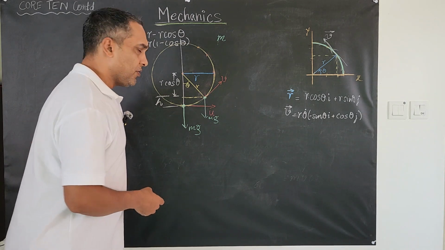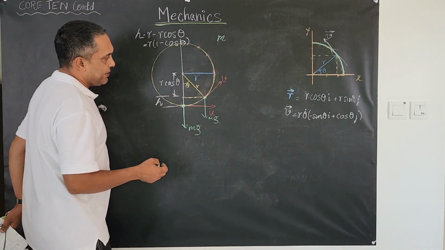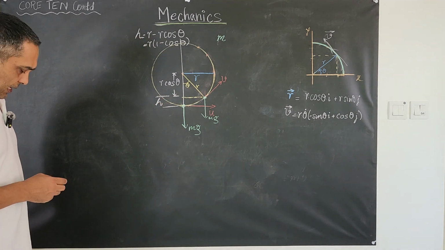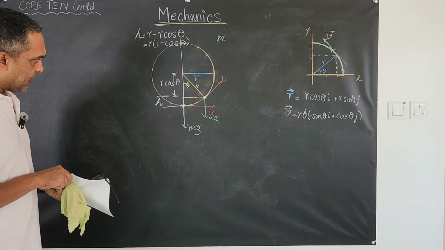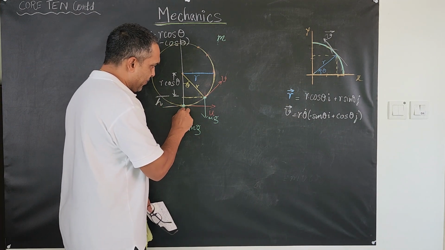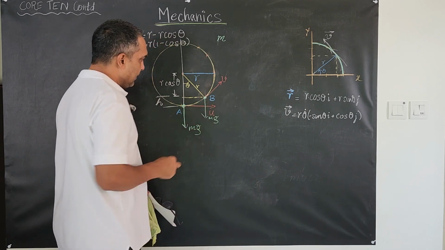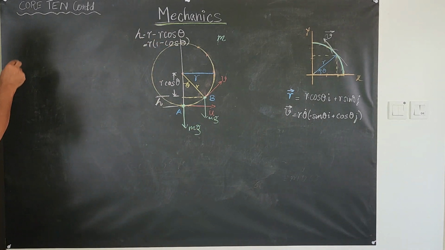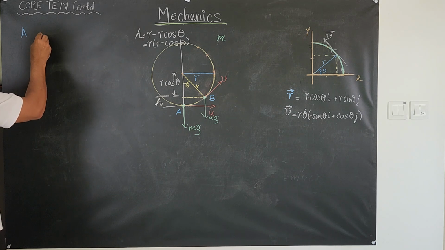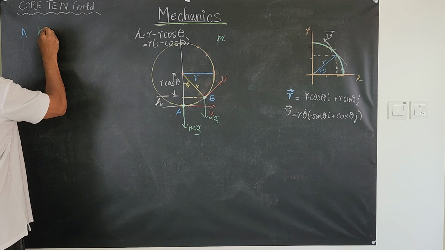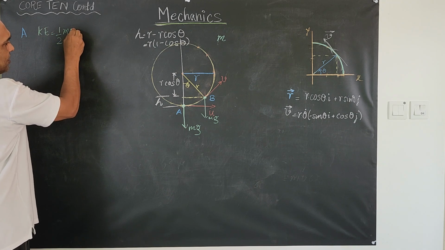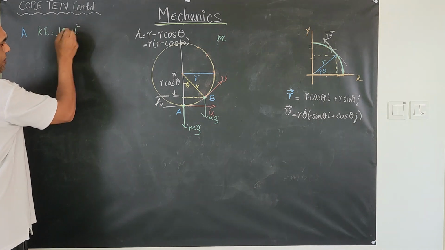I want to now introduce the concept of the conservation of energy and take a look at what's going on here. Point of interest, let's create a couple points of interest. Point of interest 1 is A. Point of interest 2 is B. So what we will do here is at point of interest A, what we have is kinetic energy equal to 1/2 mass times u square,